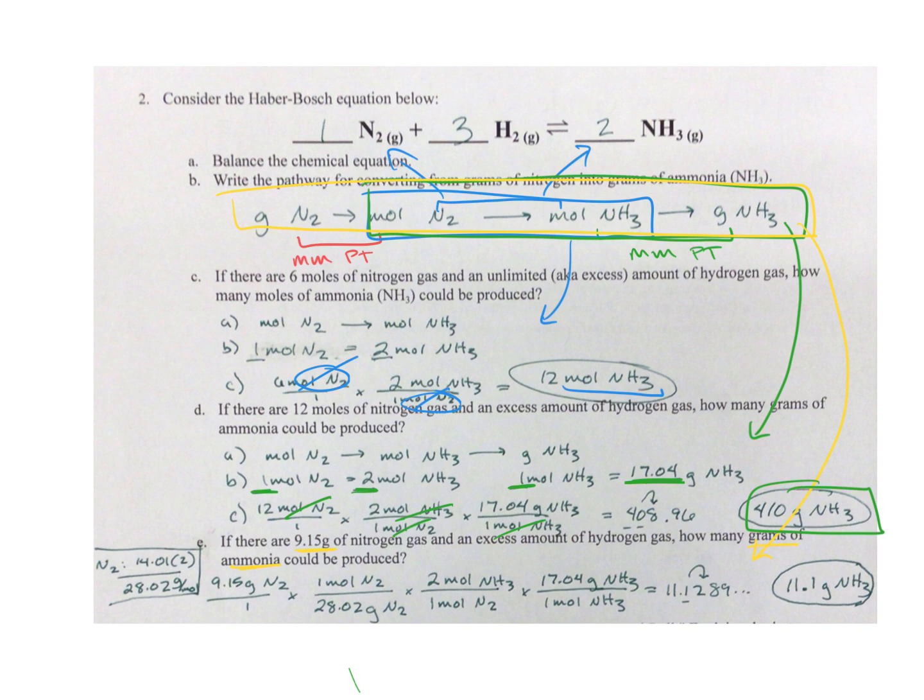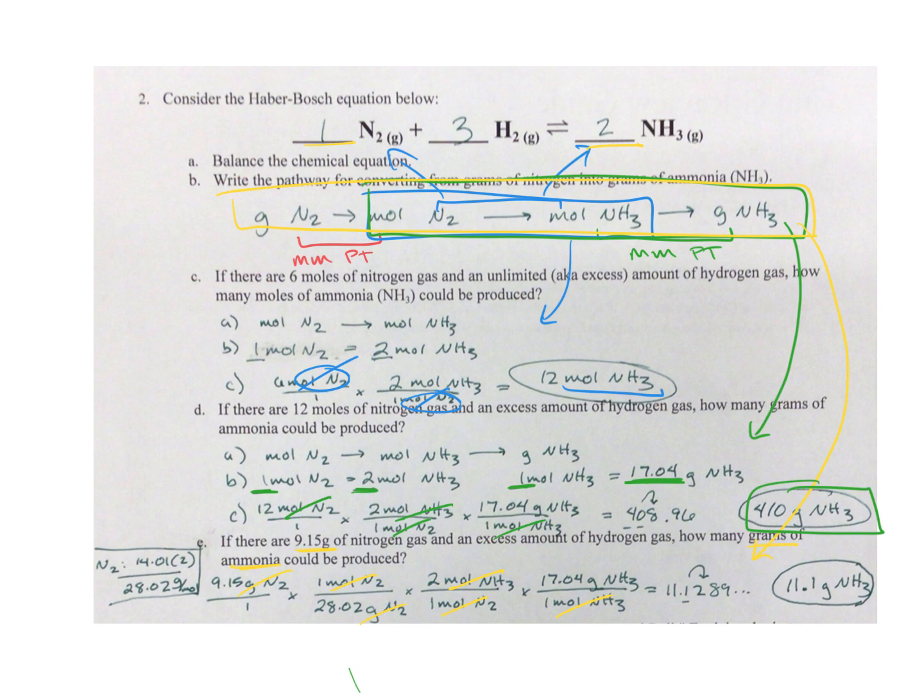The last question asks you to go all the way from grams of one to grams of the other. So you have the two middle steps. Grams of nitrogen to moles of nitrogen. You use the molar mass from the periodic table, so grams cancel. Moles of nitrogen to moles of ammonia, so you have to double it, and you can see that the units cancel. And then once you get to moles of ammonia, you use the molar mass from the periodic table,